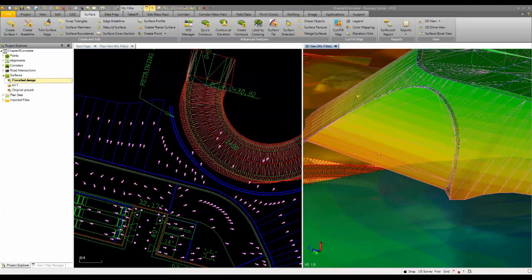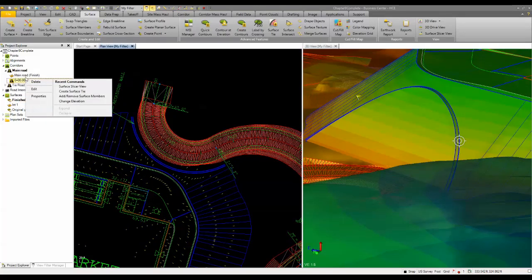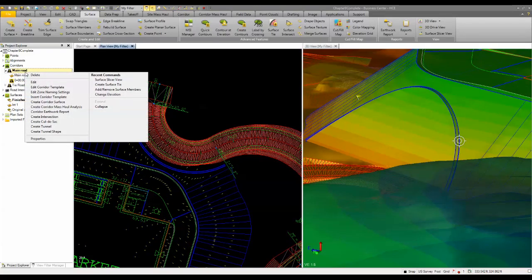So I can see what's going on there. So the next step would be we're going to modify our corridor here. So I'm going to go to my corridor and my main road, and I'm going to insert a template. So I'm just going to come in here. Well, one other thing I may want to do, or I'm going to have to do as well, is